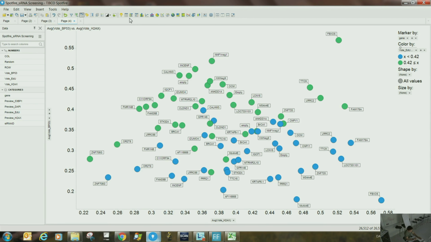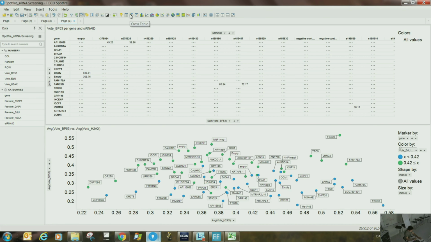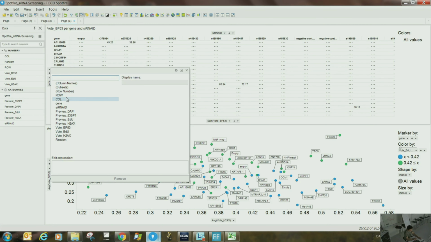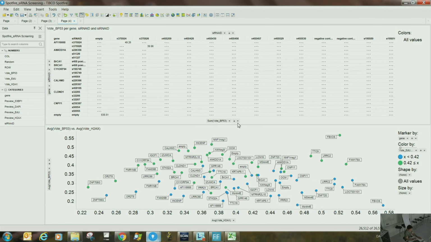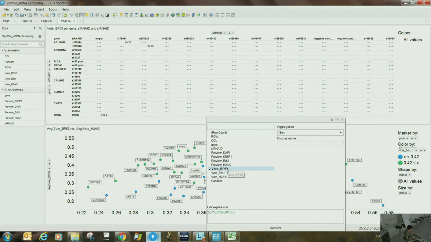In that case, this is useful, which is called a cross table. Okay, if you click on cross table, there are 3 dimensions that you can control. We have seen X and Y by default, but there is also another dimension, which is the Z dimension, right? So in Y-axis, I am interested in looking at genes, and not only genes but also every siRNA here. And what I am interested in looking at is the average value of the 53BP1